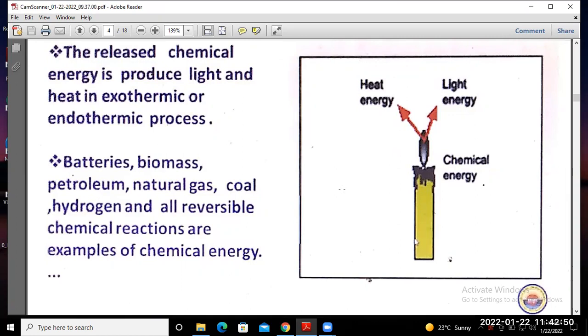Directly, if you burn that biomass, and petroleum we use for fuel purposes, and natural gas and coal, and hydrogen, all are reversible chemical reactions. So these are examples of chemical reaction energy storage systems. Next, we try to see the exothermic and endothermic